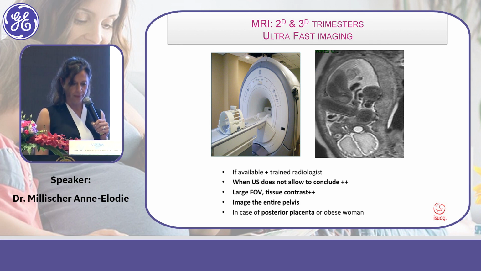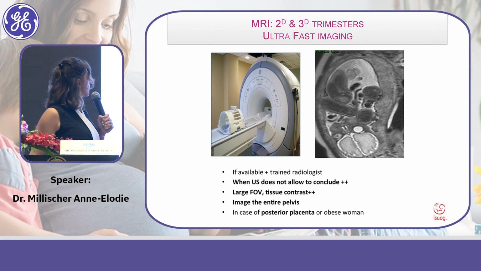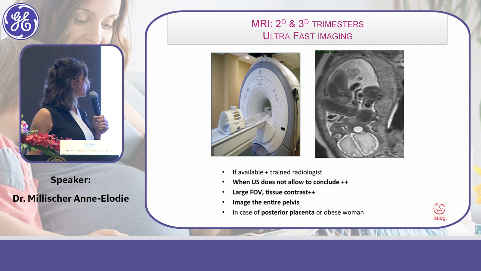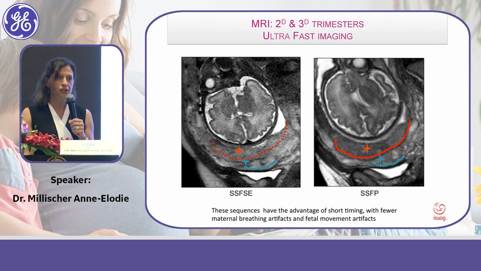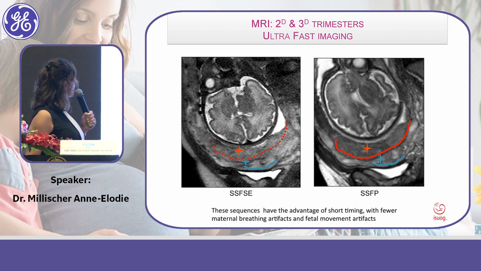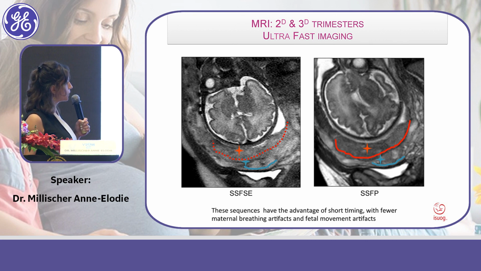Cái đặc điểm khá tốt của MRI là nó có một cái trường khảo sát khá là rộng, cho nên các bạn có thể nhìn được toàn bộ của một cái bánh nhau trên một cái mặt cắt. Another advantage is that placental MRI offers a good differentiation between the placenta and the myometrium, as you can see on this slide with this border